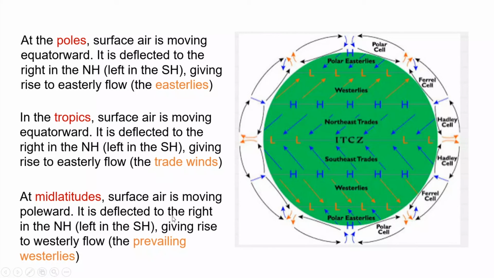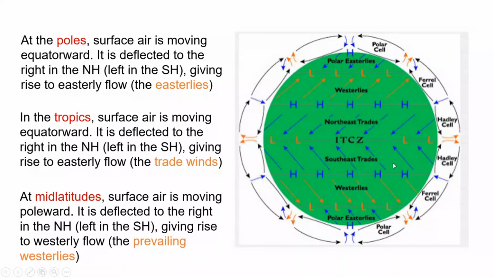So these are called easterlies. In between, if you look at this Hadley cell, this is 0 degree latitude, and this is 30-degree latitude. Here again, near the ground, the flow is in the direction of the equator, but due to the Coriolis effect, they are curved towards the right, so they are blowing from the northeastern direction. So they are called trade winds here.